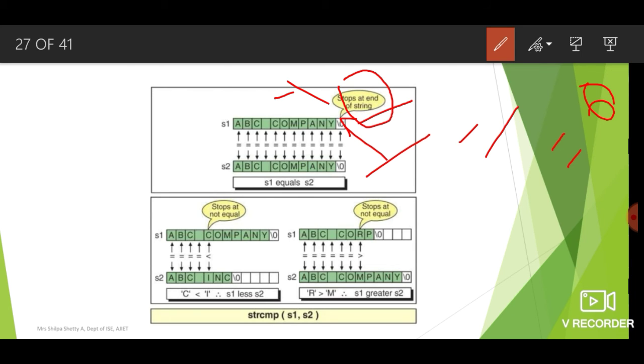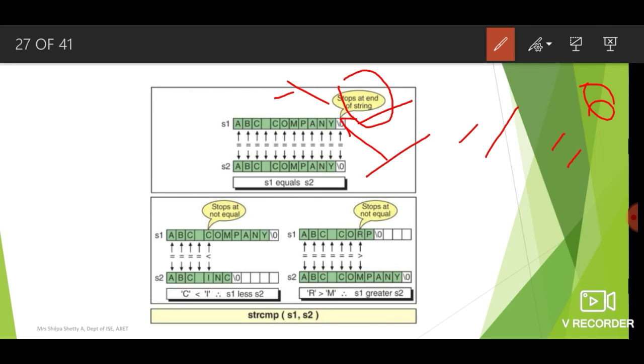So in this case the second string is greater than the first string. You will get a negative value only if the ASCII value of the first mismatch in the first string is lesser than that of the second string, because you are subtracting a greater number from a smaller number, so you get a negative value. It means string 1 is lesser than string 2, or string 2 is greater than string 1.